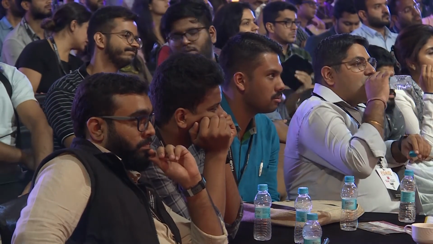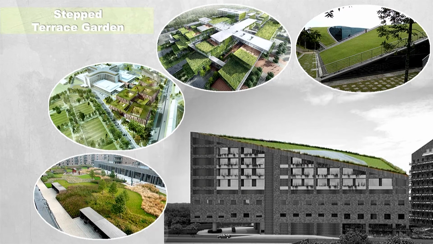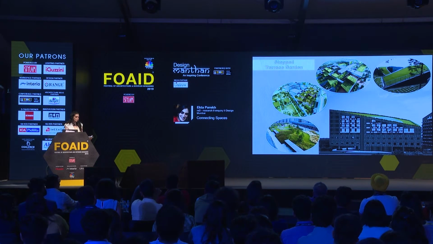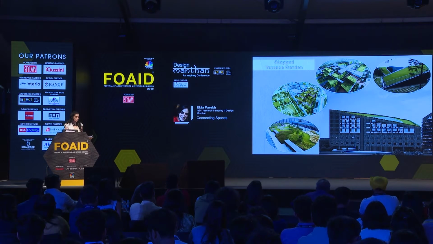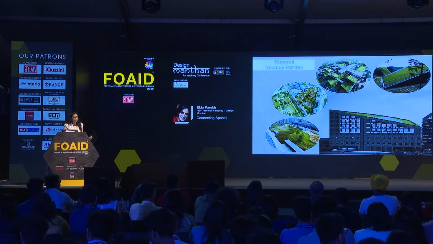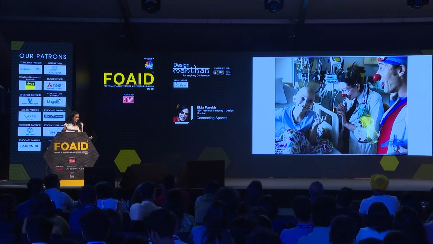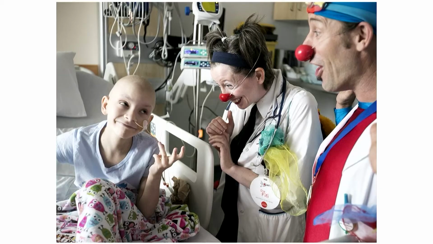The terrace has been stepped and landscaped to aid rainwater harvesting by reusing the wastewater for the plants. This provides an additional layer of insulation and keeps the temperature controlled for the floors immediately below it. Patients and their relatives or friends can use the space for their recuperating walks, as well as making social and emotional connects with other fellow users. People going through treatment or their families are usually burdened with emotional or financial struggles. Here, the architecture allows you to create a support system through interaction with people going through similar ordeals.